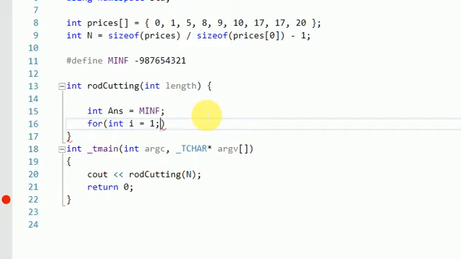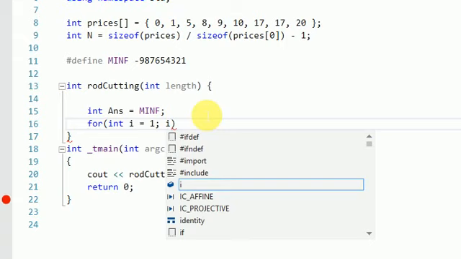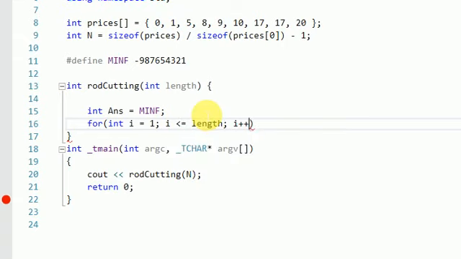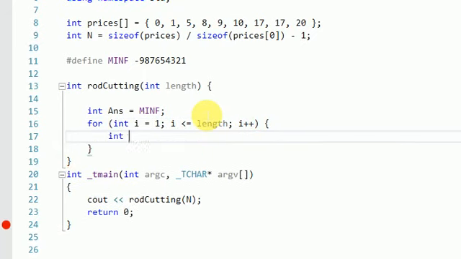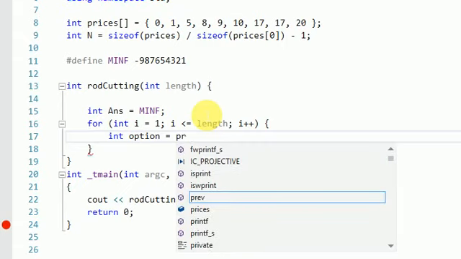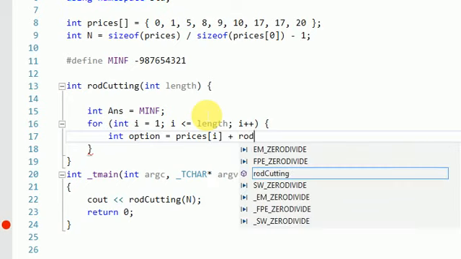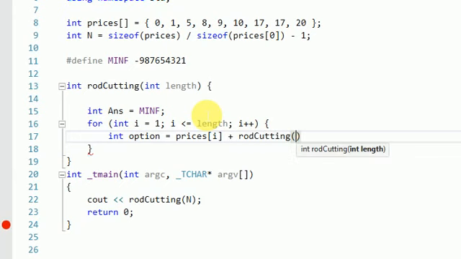Now for int i is equal to 1, you are splitting the rod into 1,7. So starting length is 1, till i is less than or equal to length, i plus plus. Now option 1, we have an option. The rod is split into i length. Initially i is equal to 1. So price of i plus find what is the value that I am going to get when